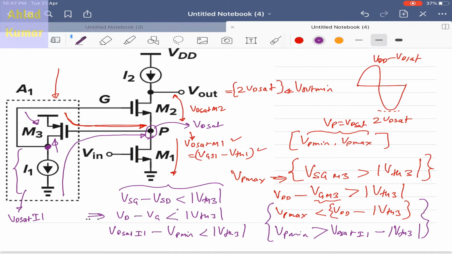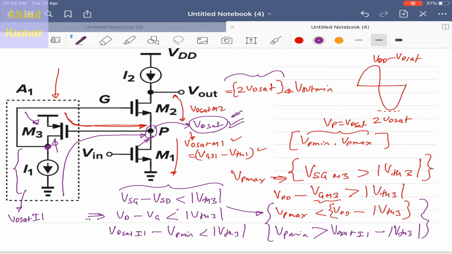So we can say that VP is happily sitting at VD sat. So this set of constraints are satisfied with VD sat. So if we are assuming that the potential at VP is VD sat, then we are happy with that. The advantage of this circuitry is that the minimum voltage that you are getting is 2 VD sat, and it's not 2 VD sat plus VTH. So this is one of the advantages that we are getting over here.